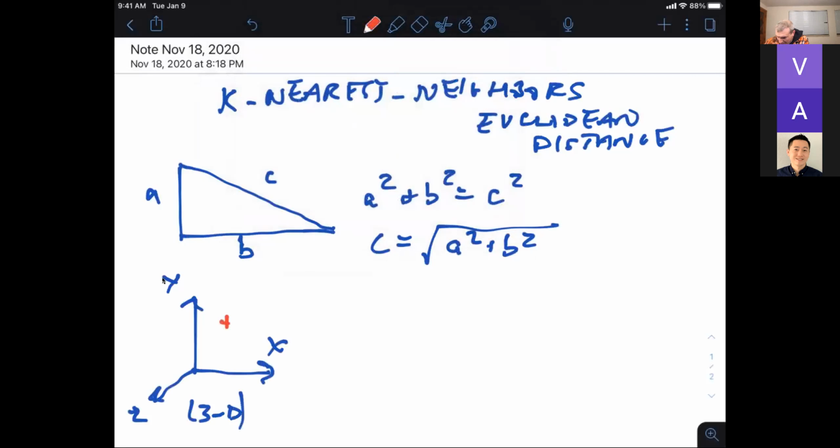So the distance from the origin, if you have a point at 0, 0, 0 and a point at, let's just call it 1, 2, 4, the distance is equal to